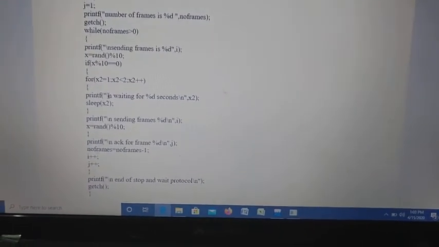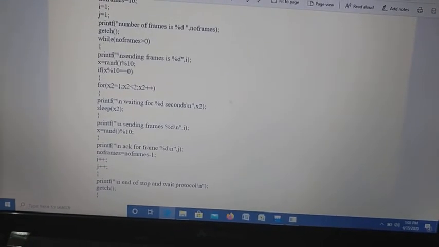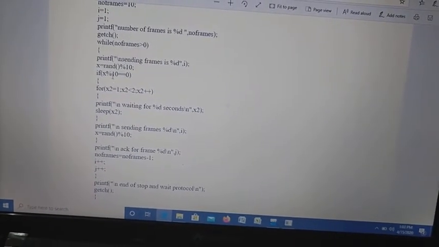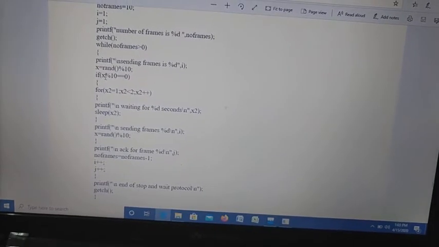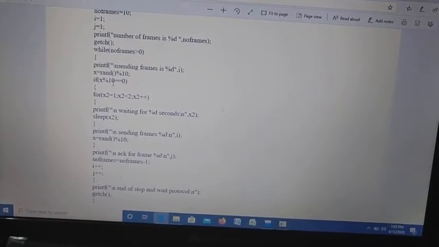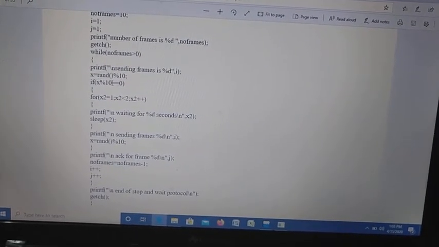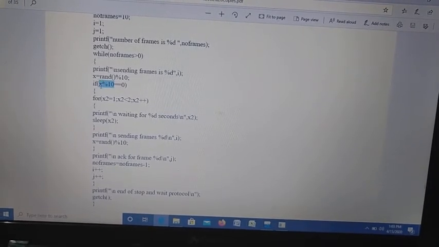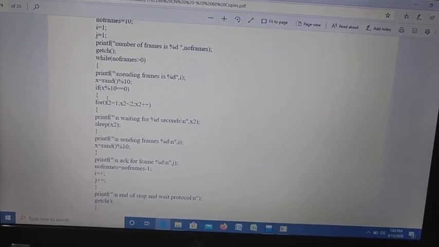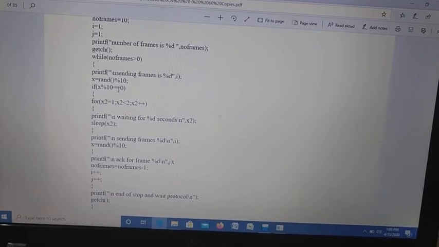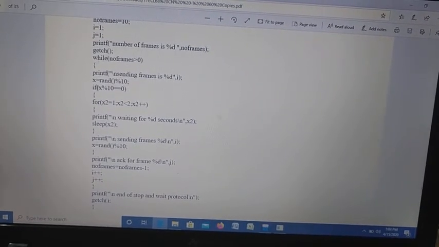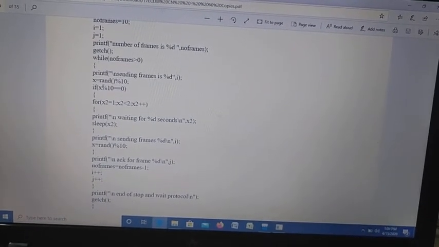Now if x modulo 10, suppose we take 5, so 5 modulo 10. What is a modulo? Modulo takes the remainder of that value, and then we compare it to see that it is not equal to 0. Suppose the x value returned is 5.